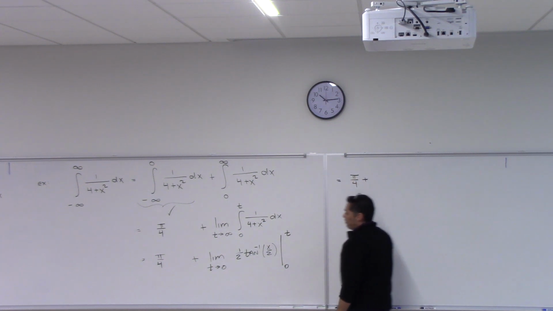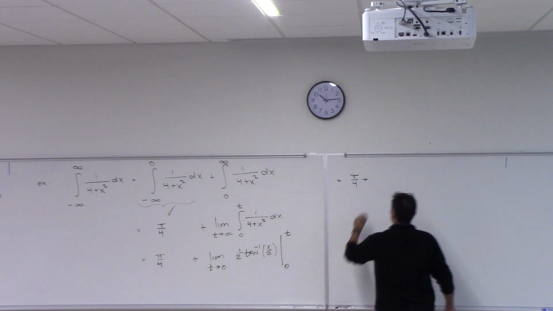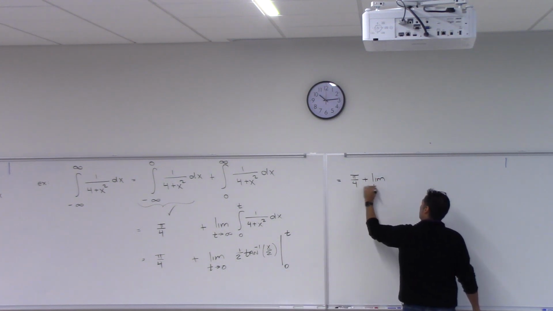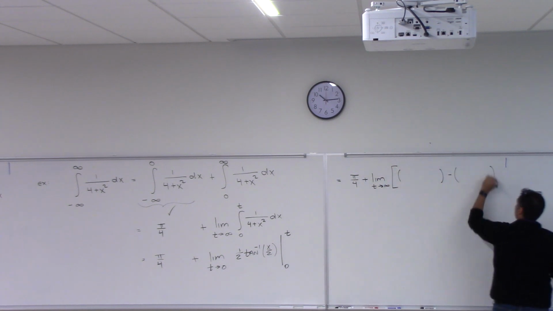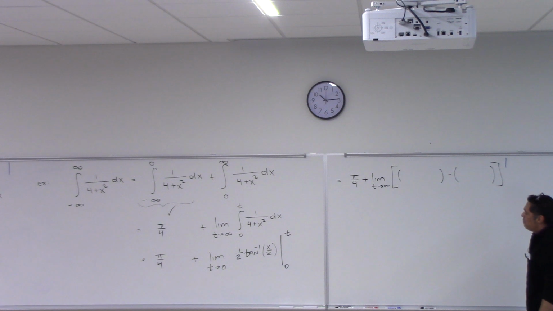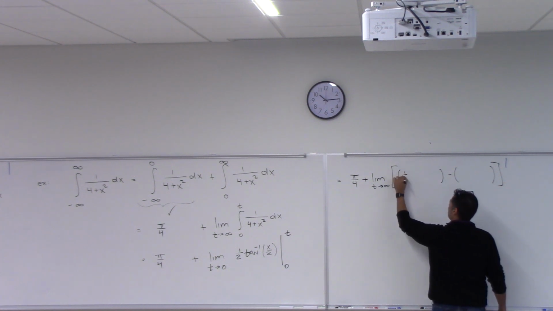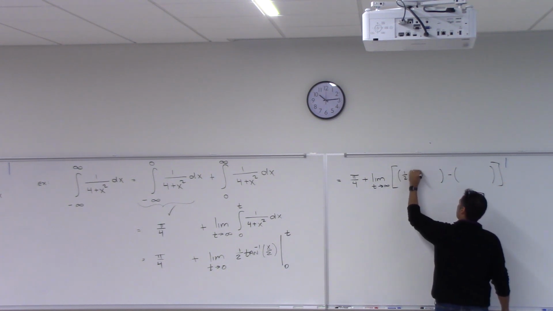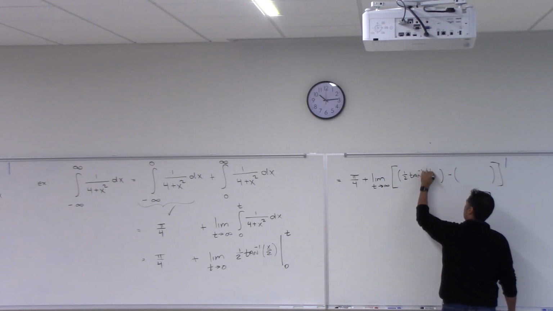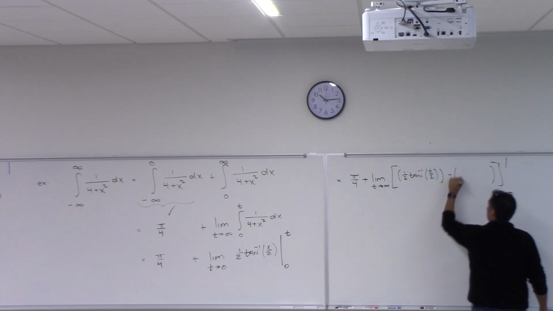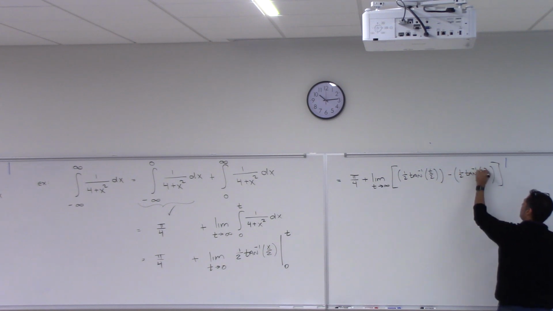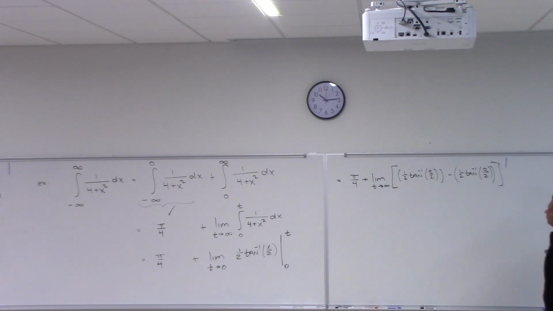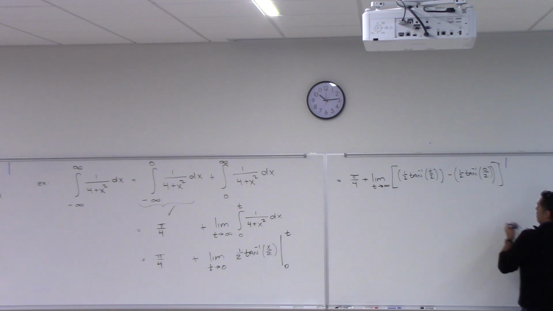All right, so now pi over 4 plus. Now here, this is going to be a limit. T is going to go to infinity. We're going to have 2 pieces here again. Fundamental theorem of calculus. Now we plug in first, what gets plugged in first? T, right? T first, t over 2. And then 1/2 inverse tangent of 0 over 2. All right, this right here